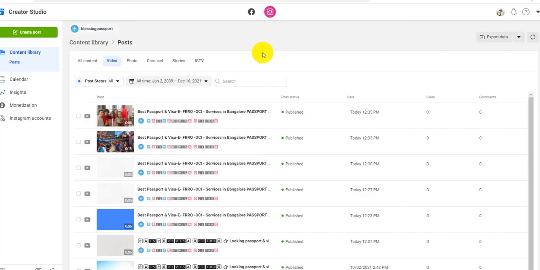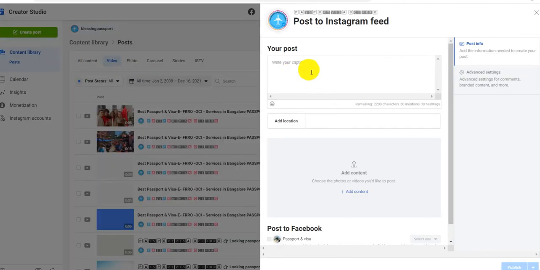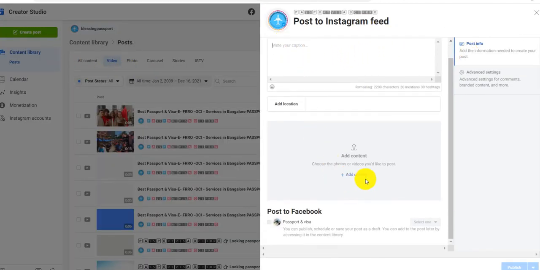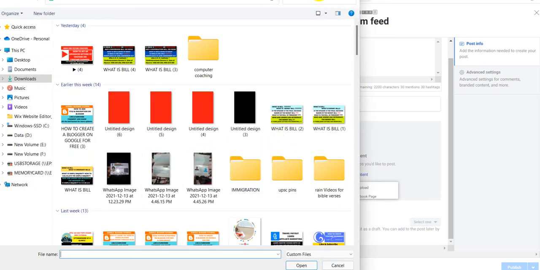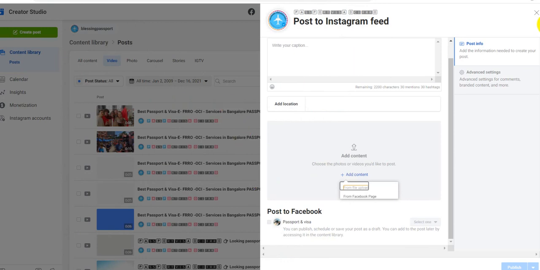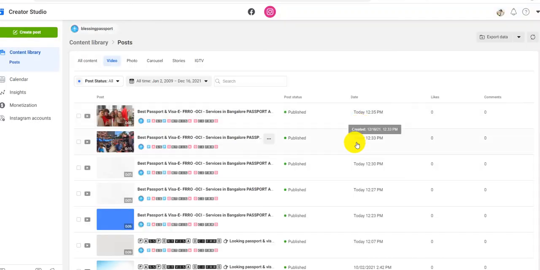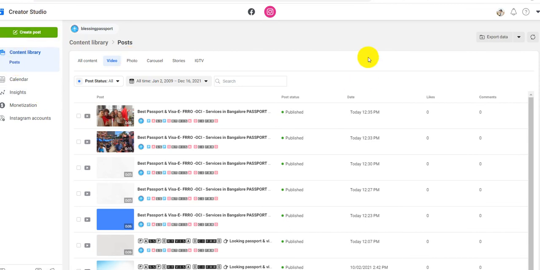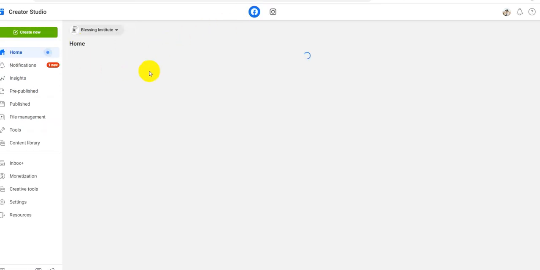And you can also post your Instagram postings in this. So you have to select the pages first, Instagram, and here you can go and upload. For Instagram I have another page, so the same way you can post it, so that from the Instagram also your videos and your postings can be viewed, and you can get more views, and you can drive organic traffic to your website and your Facebook page or your Instagram page. This is one such easiest way to drive your customers to your website.